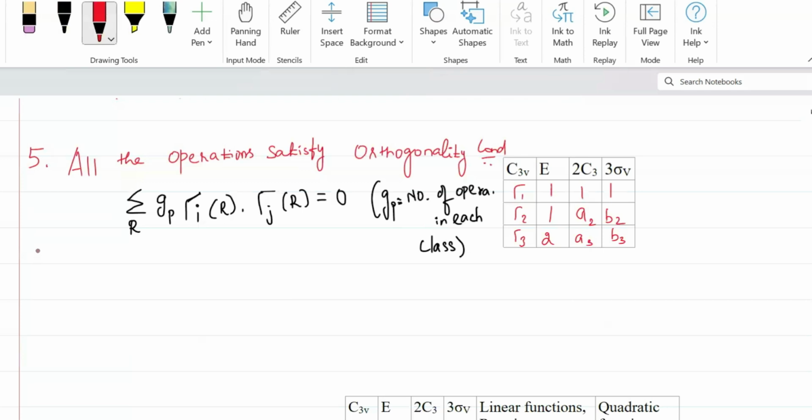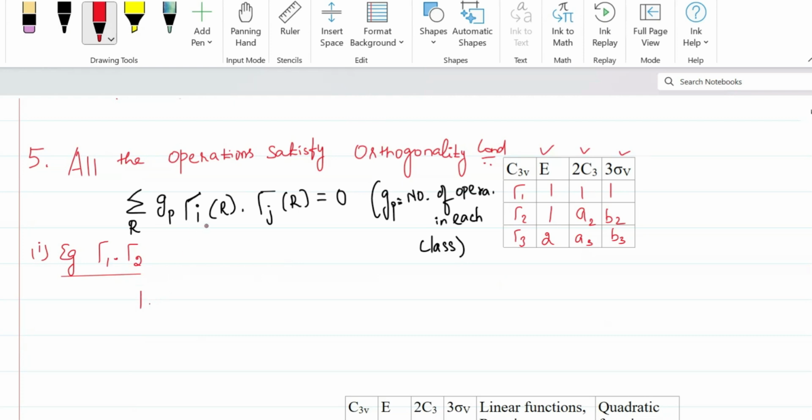Under this first step, as an example, we take the product of the first irreducible representation and the second irreducible representation. According to this formula, we consider the various symmetry operations E, C3 and sigma V. So what is gp here? The number of operations in each class. What is the number of E? It is 1. So 1 into,